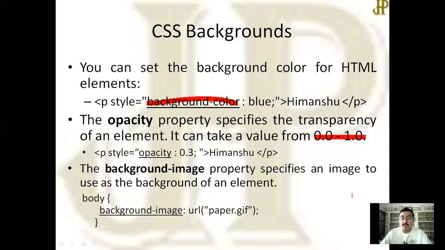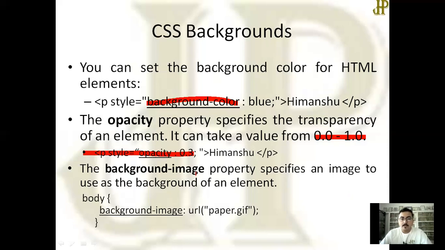If the value is 0, then total transparency will be shown and nothing will appear in your web page. And if it is 1, then whatever the image or text has, the normal visibility will be shown. But between these, based on the value you have given, the transparency will be shown. Here, I have given opacity equal to 0.3.